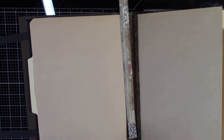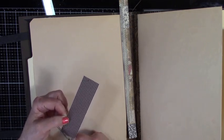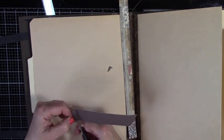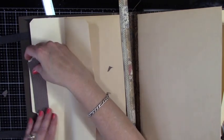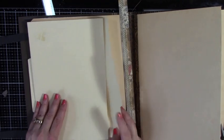Alrighty. Put that in my little tidbits. And then we're going to cut inside the marks. All right, so let's see how we did here. Very nice, very nice. There we go. Okay, so now we need to ink, and we're going to...